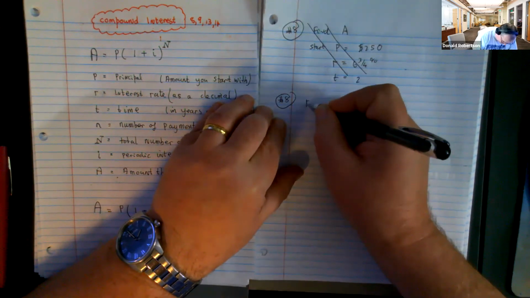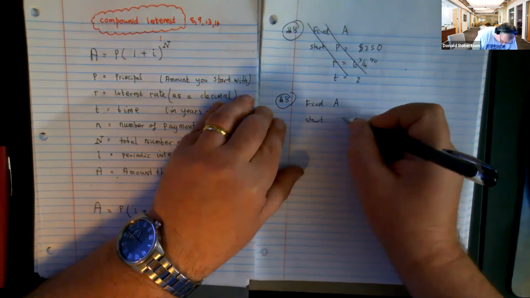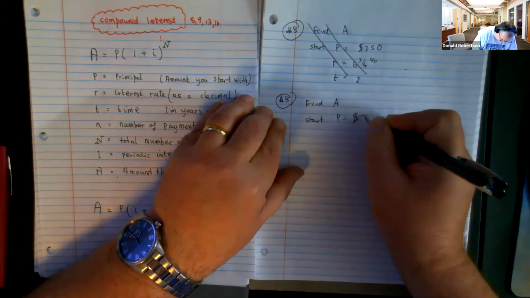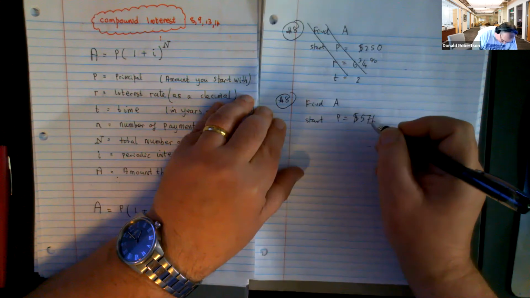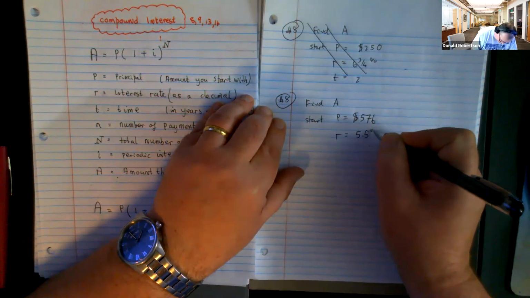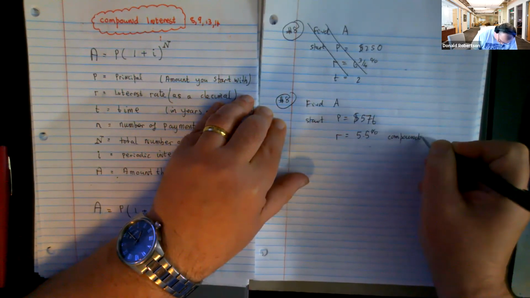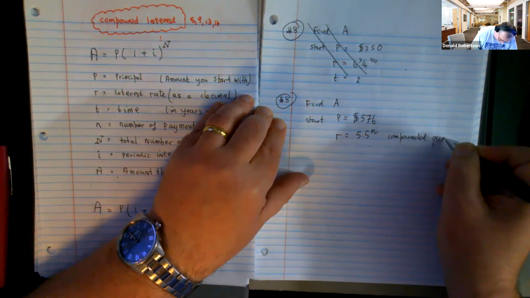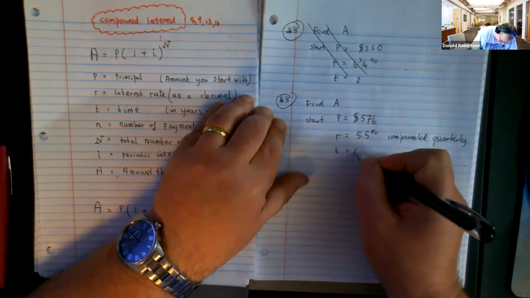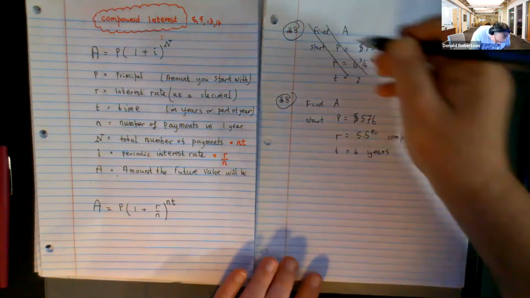You are going to find the future value. The numbers you start with are different. You're going to start with $576. And the interest rate is going to be 5.5%, and it's compounded quarterly. And you're going to do it for 4 years. Okay, before we start working on this question,